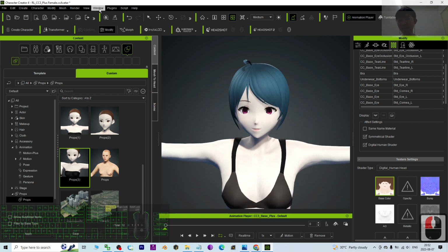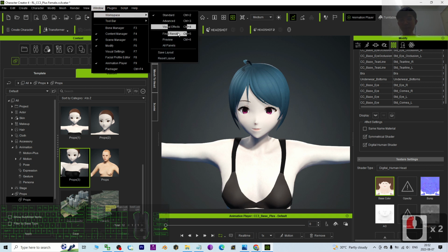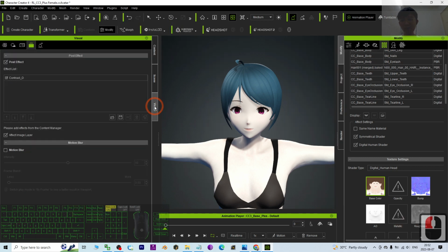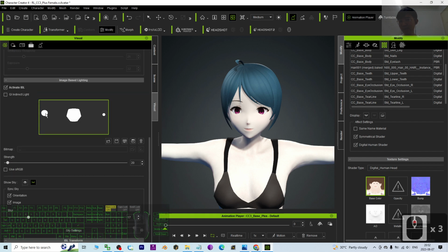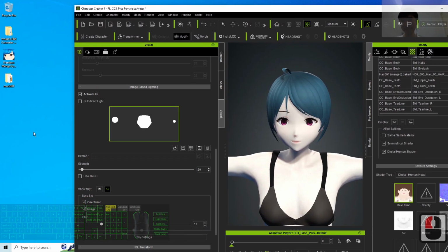So what you can do is just go to Window, Workplace, to call out all of the visual effects. For example, go to the Visual, click this, scroll down. So now you can see this is the IBL. We don't want to have this. We just want to have a white color IBL. Just create